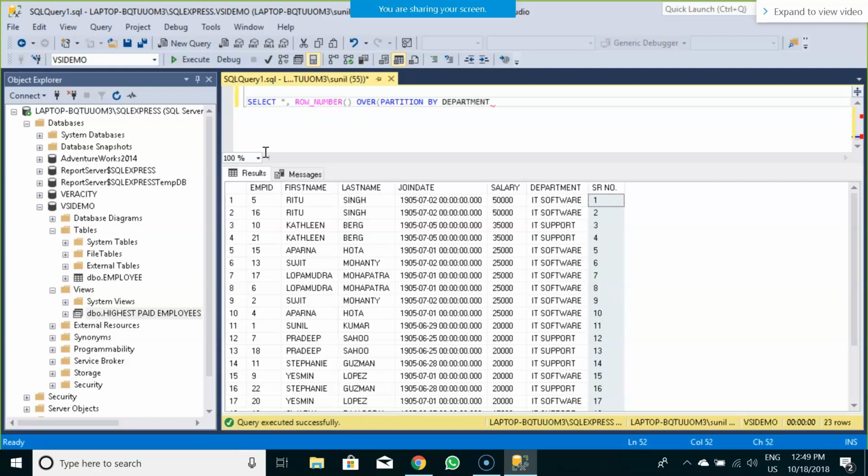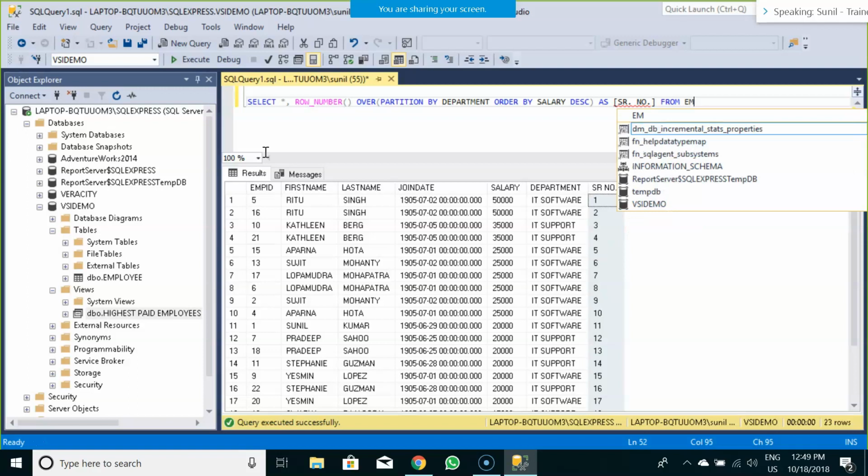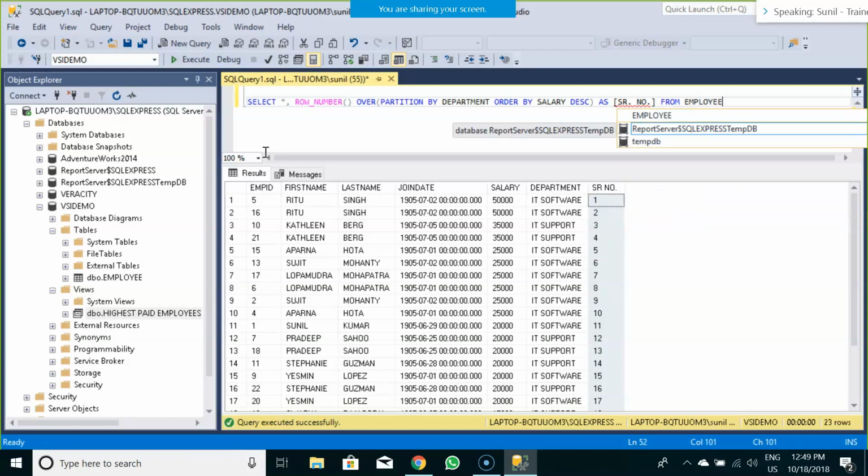I would again apply partition on department, order by salary in descending order as the alias, let me give it the same, serial number, from employee table.